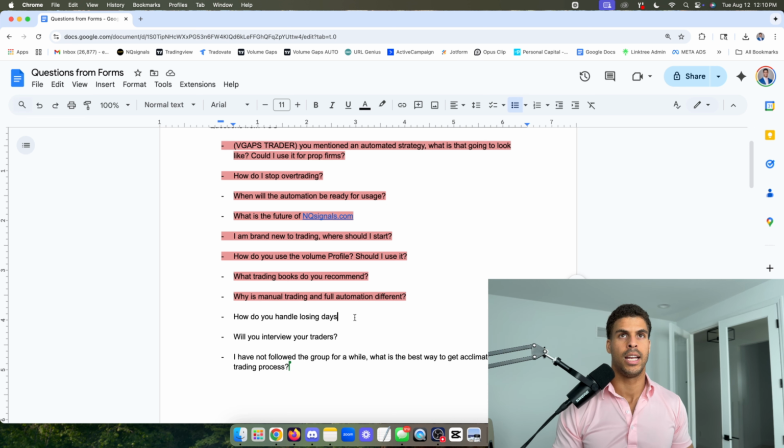So on a losing day, it's more of a perception flip. Like, dang, today just wasn't the day for my strategy. And by the way, trading reversals at times can feel like a bad strategy because the market's fluid. A new high gets blown through, a new low gets blown through, but it's going back and forth. At times you're like, oh my God, this is terrible. It's just not the day for your strategy. That's okay. Most days might be. Today just isn't. So it's mostly a perception flip rather than saying, I've got to change everything, otherwise my strategy isn't ever going to work again. No, it will work again.